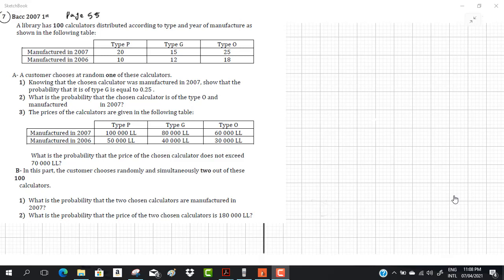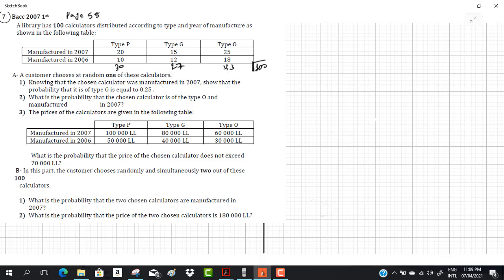بالاكسرسايز نمبر 7 يلي هو دورة 2007 الأولى. عم نحل probability. A library has 100 calculators distributed according to the type and year of manufacture as shown in the table below. عنا type B, G, O, manufactured 2007, manufactured 2006. مثل ما اتفقنا بالتابل أول شي بحسب التوتل هو 100 هون 30 27